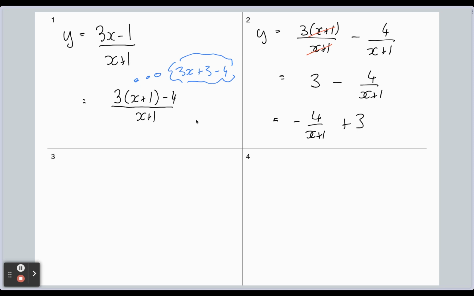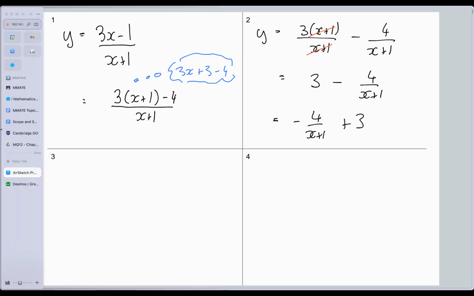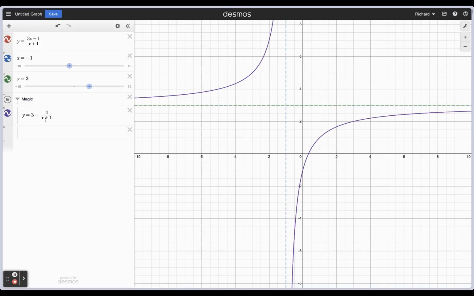So there you go. There's the expression. And again, just to confirm, 3 minus 4 over x plus 1. If I go back to Desmos, we have 3 minus 4 over x plus 1. And it is identical to the expression